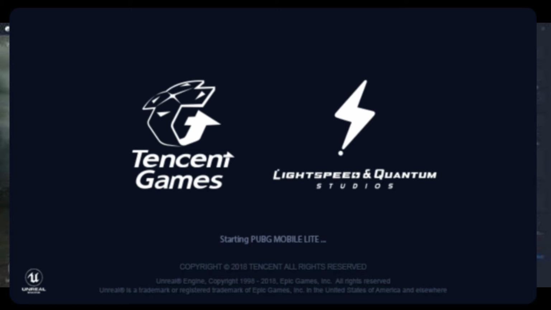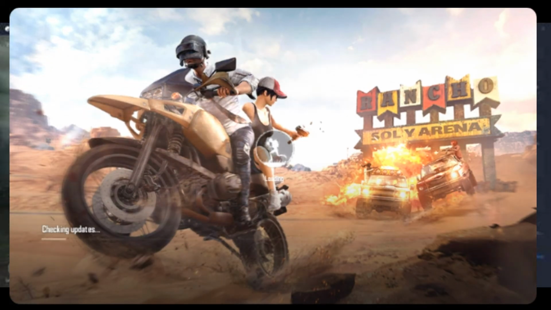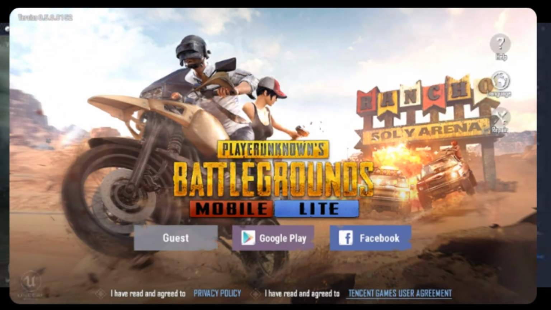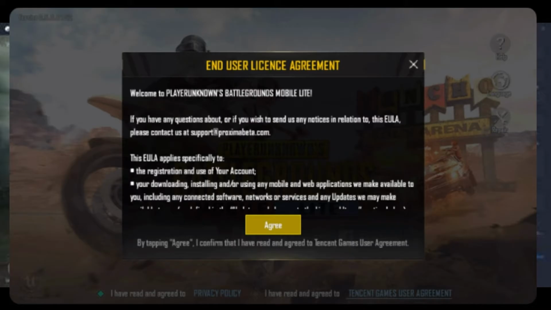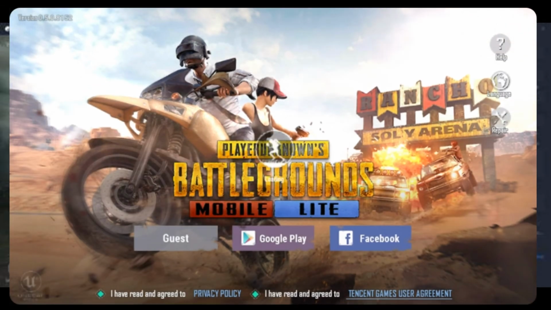When you are starting Pubg Mobile Lite, it will show an interface like this and it will load the application. It's starting. Wait till it starts. Yes, it's loading. Click Google Play or Facebook account for starting. I am using Google Play because I have linked one of the accounts to the Facebook account. So click agree